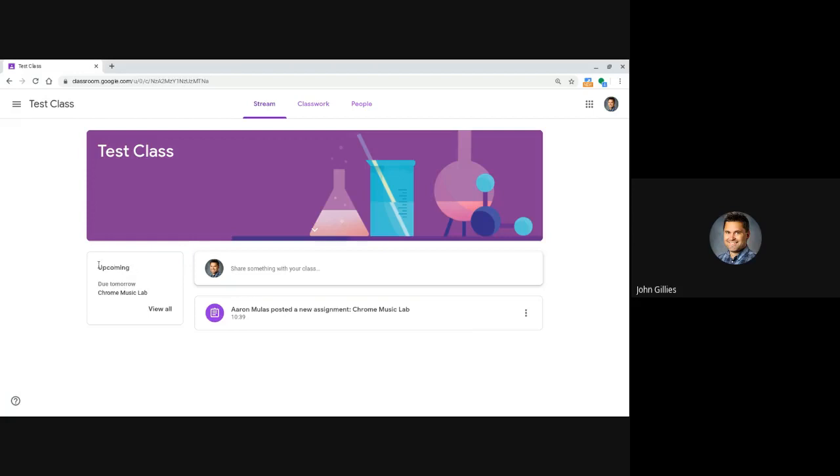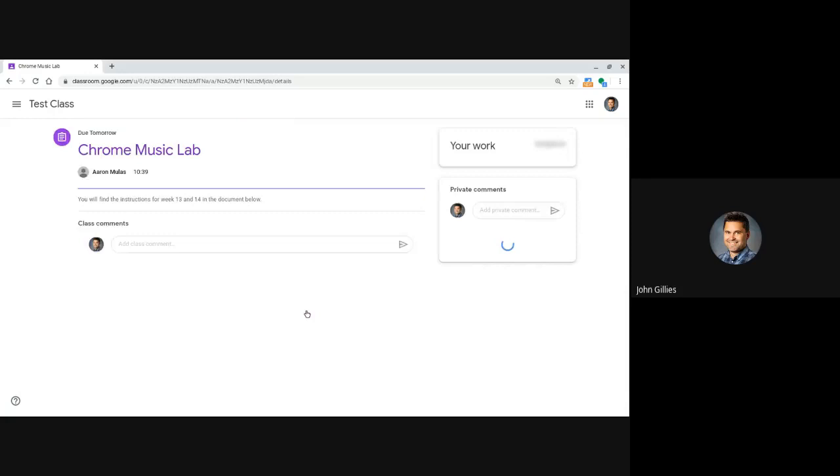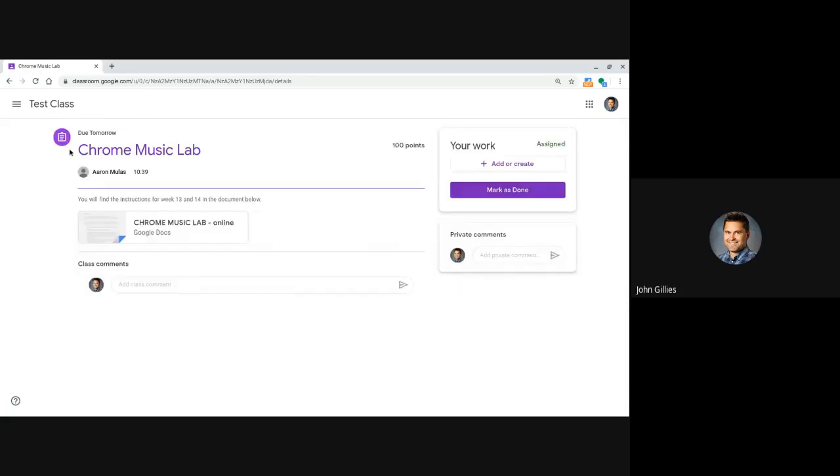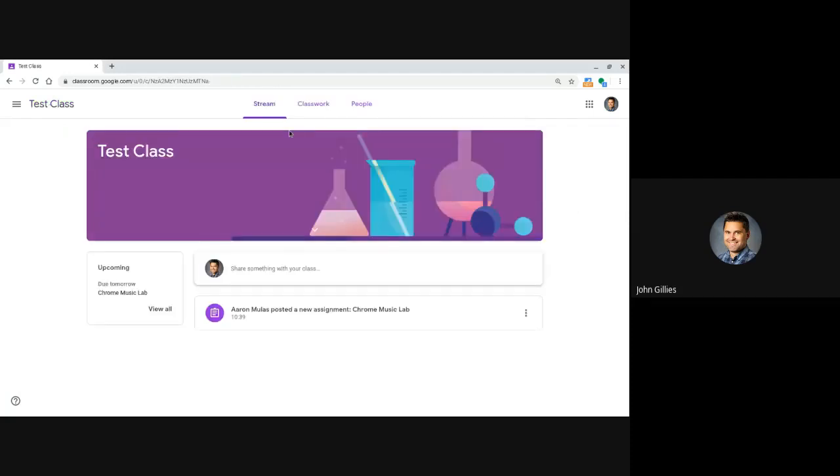So on the left-hand side here, you've got upcoming, and that will give you all of the things that are coming up and due. So I've got this Chrome Music Lab. It's due tomorrow. If I wanted to get into that, I could click this, and it would come up with the project itself. So Chrome Music Lab. I'll go back. I'll show you another way to get there. If I go over here to classwork,